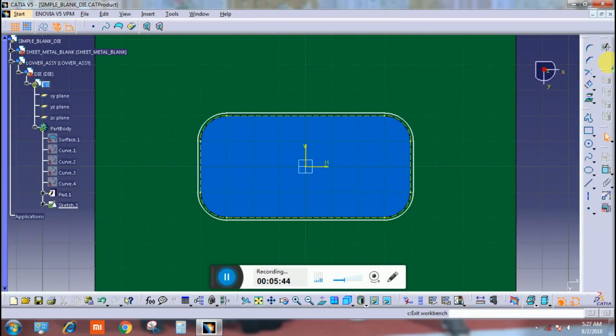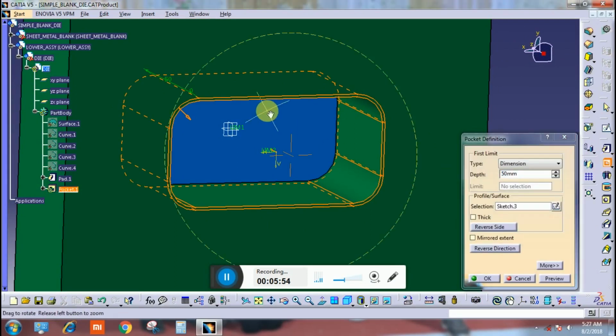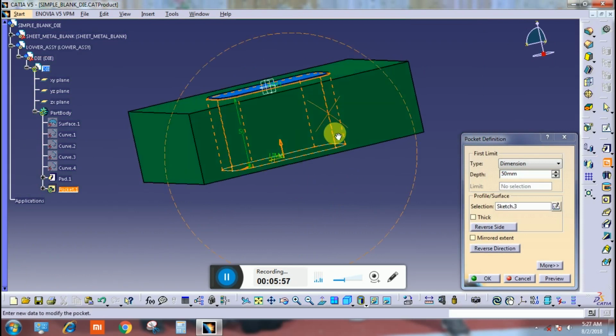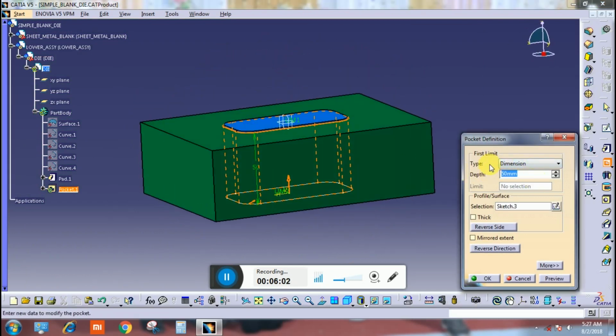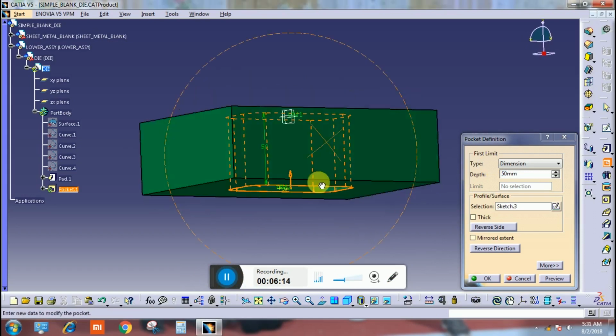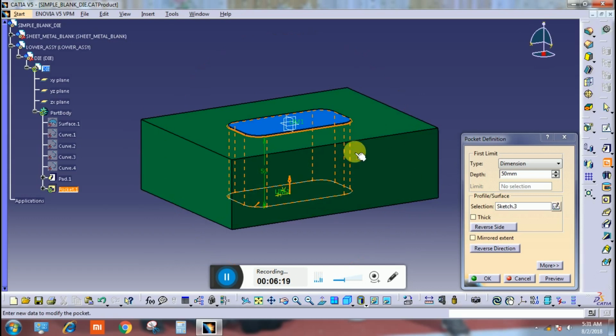Click on pocket and define the dimension. Leaving 15 millimeter cutting edge thickness, this thickness in the entire length. Define the value 40 mm.